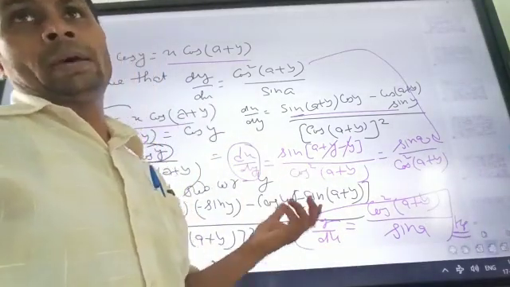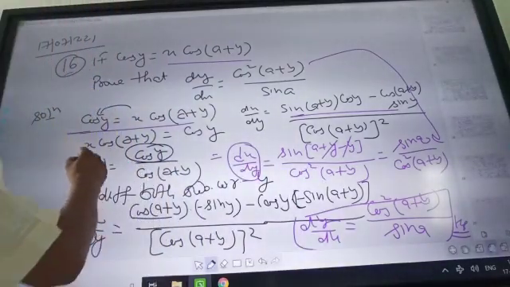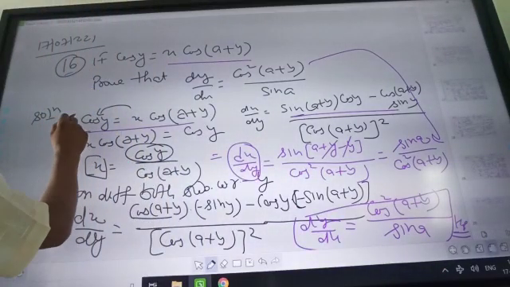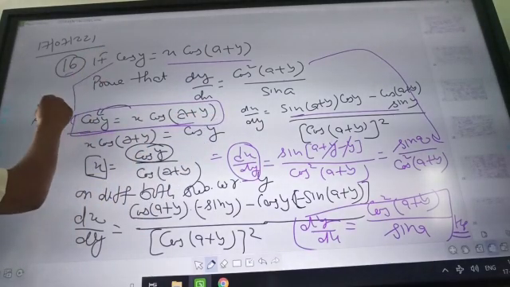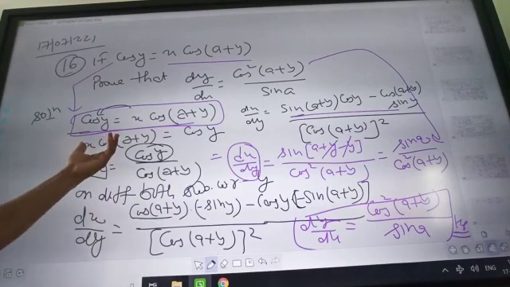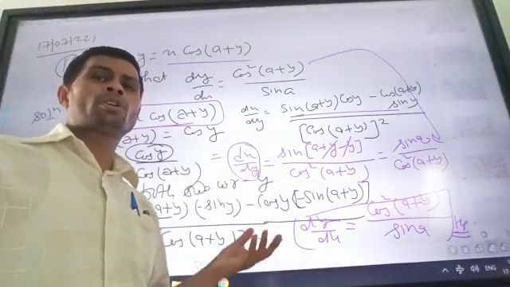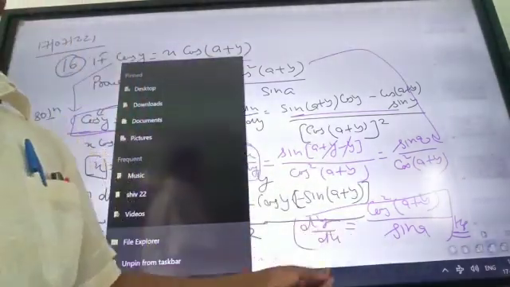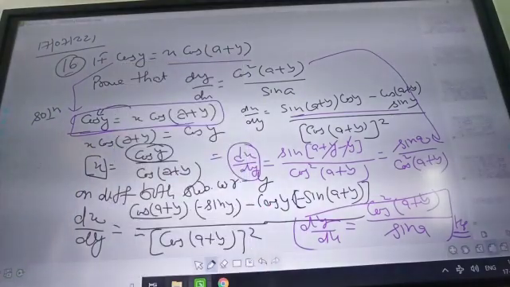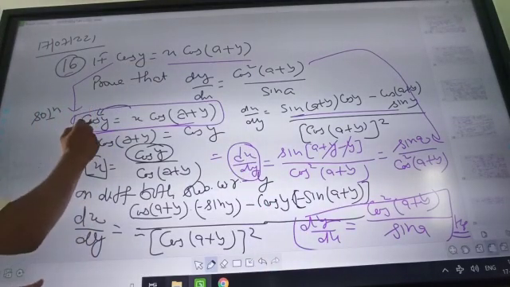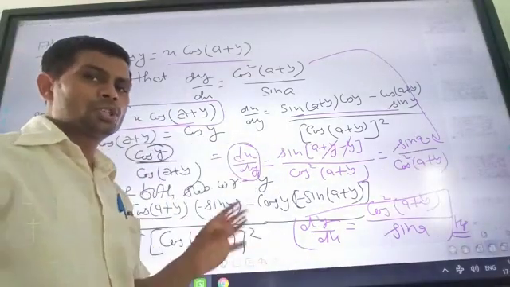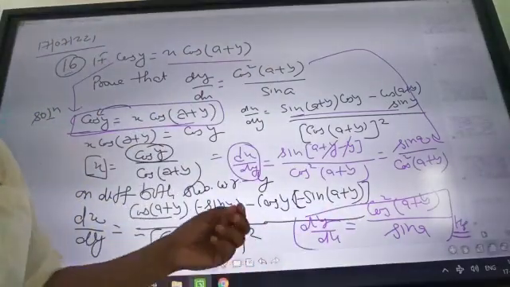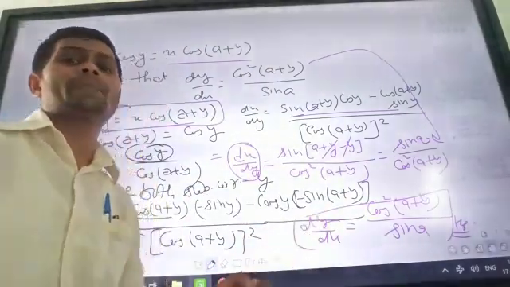Most students will say, sir, first of all we should write down the given term and then differentiate it with respect to x to get dy/dx. I am not saying you may or may not find the result if you directly differentiate this with respect to x, I am not sure about that, but I am explaining one simple process for finding such types of problems.